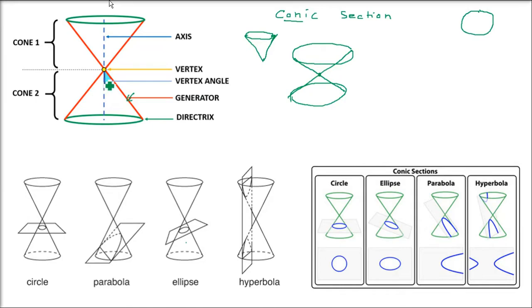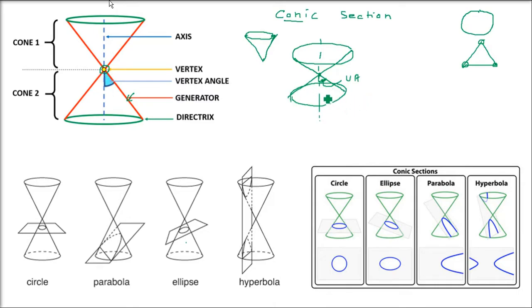The point we fixed, we'll call it as vertex. If you make a triangle, you see that there are three vertices. One vertex, so make it three, so three vertices. Here we have a line, and on the basis of this axis only, we moved that stick, that generator. That will be called as an axis. On this axis, what is this angle? The axis and that stick, the angle between them, this is called as vertex angle.